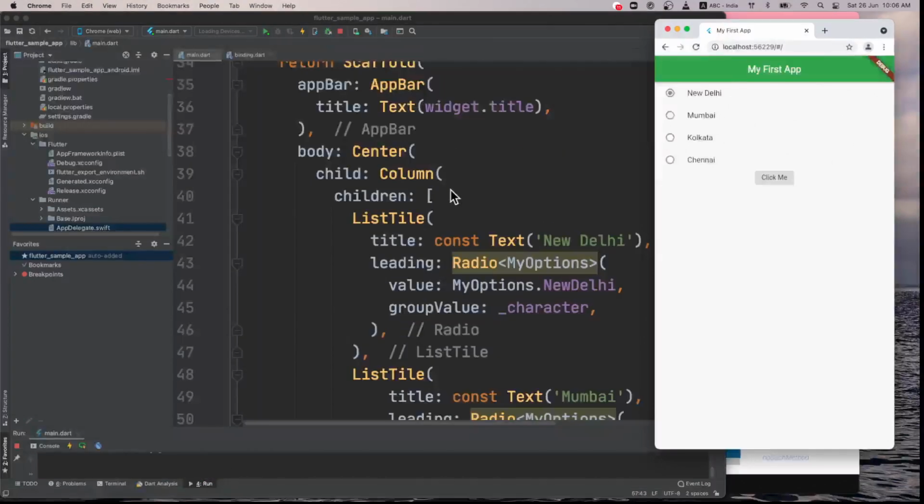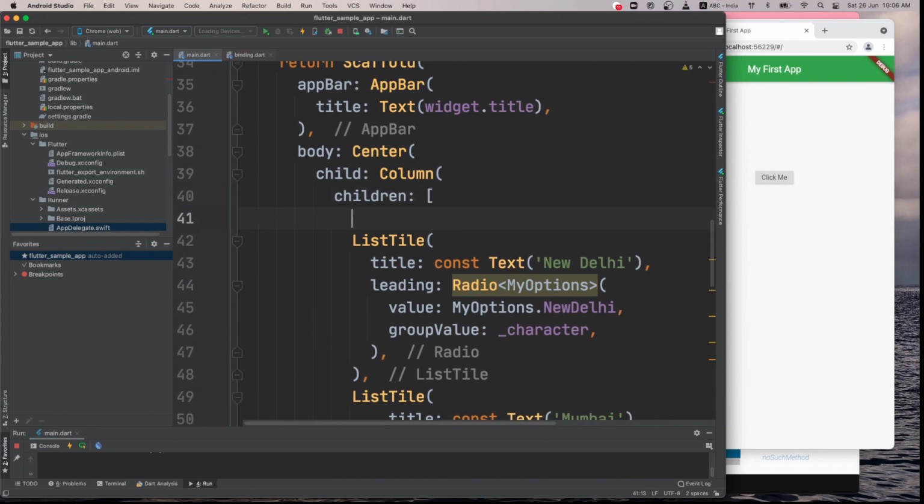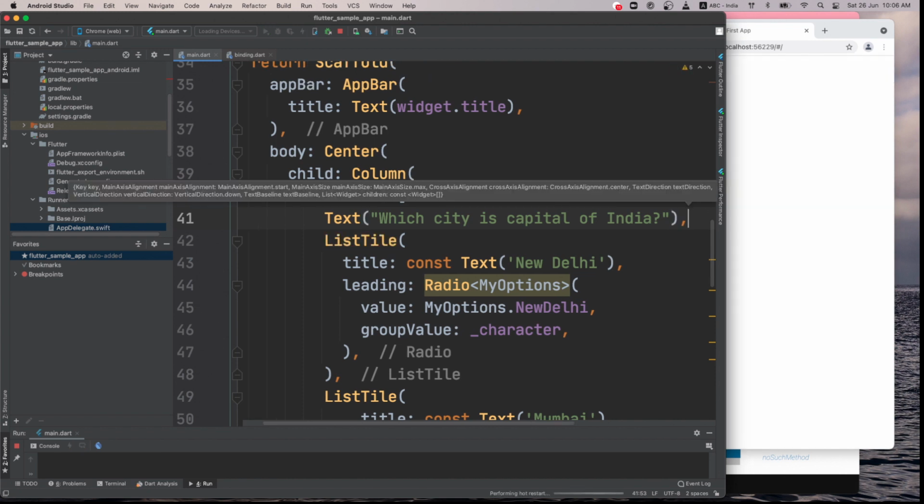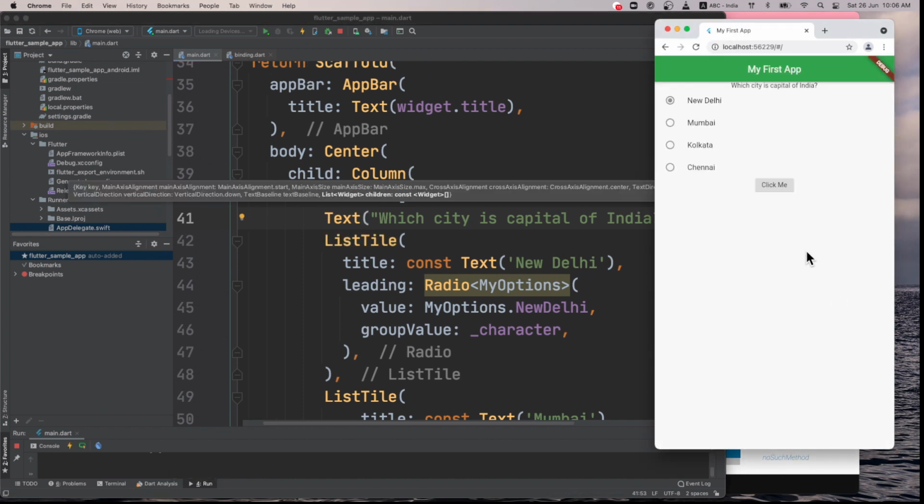And before that, I wanted to show a question text, which city is capital of India, like this. And now you can see here. So you can have multiple questions and create a quiz application. I think that will be the assignment for you for this week, to create a quiz application.